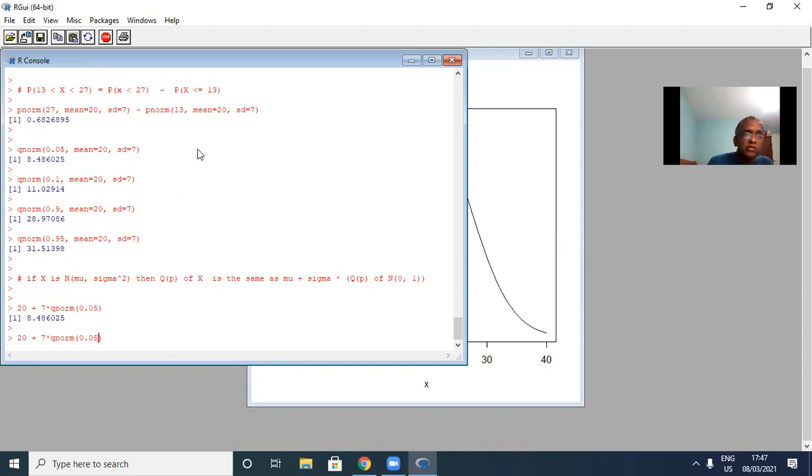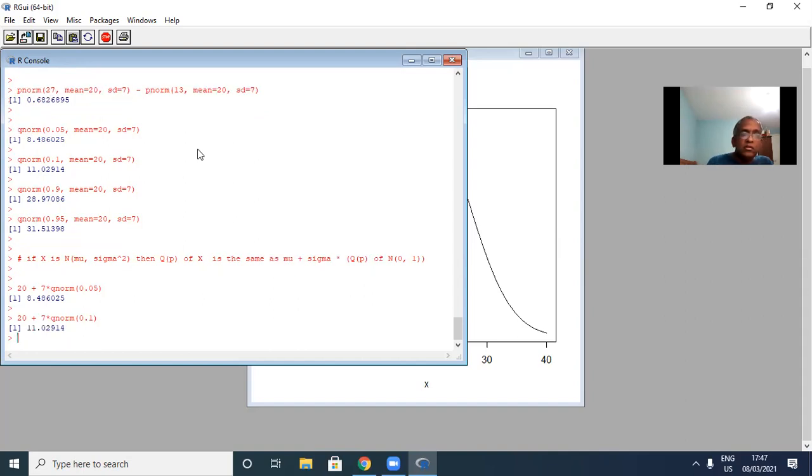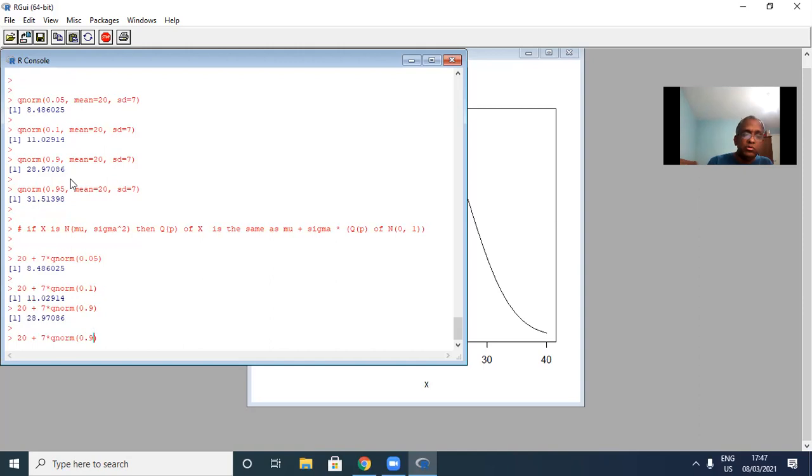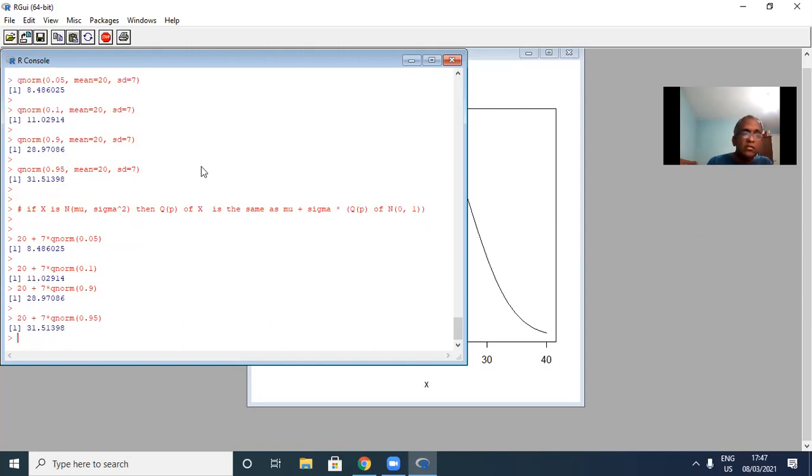And similarly, if this is 0.1, the result that you're getting here is the same as this. Similarly, you should put say 0.9, and this result is the same as this one. And finally, you should put 0.95. This result is the same as this one. Right? So you see